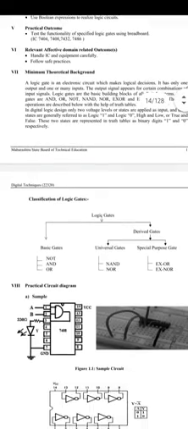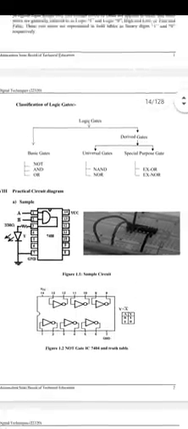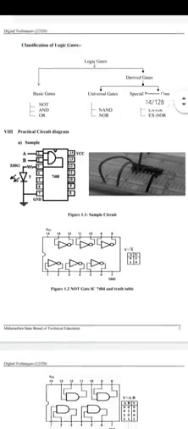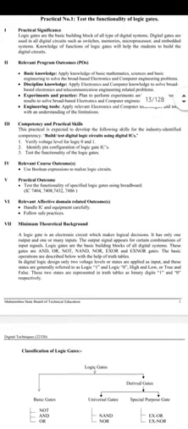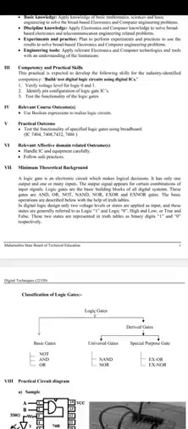Here you can see some theoretical concepts have been given, all about these ICs. As I said, every gate is available in the form of an IC, an integrated circuit, and that integrated circuit is designed or fabricated with the help of different logic families. Just to recall, we have seen TTL, transistor logic, then MOS technology. All these technologies are used to construct or fabricate these ICs.